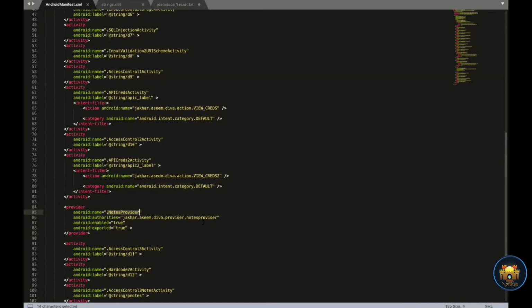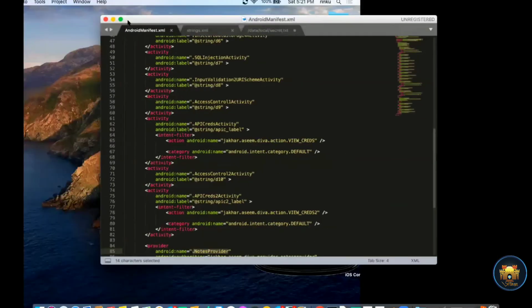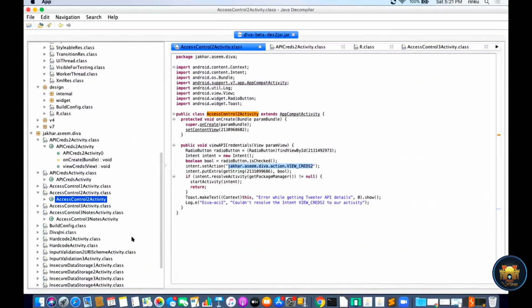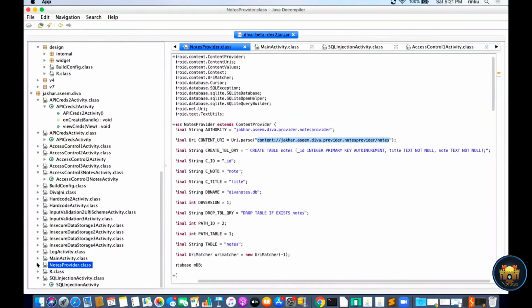So let's quickly review this NotesProvider and check what URI is used for retrieving the information from the database using the content provider. Go again inside the source code and check the NotesProvider. Yeah, here is the NotesProvider class.